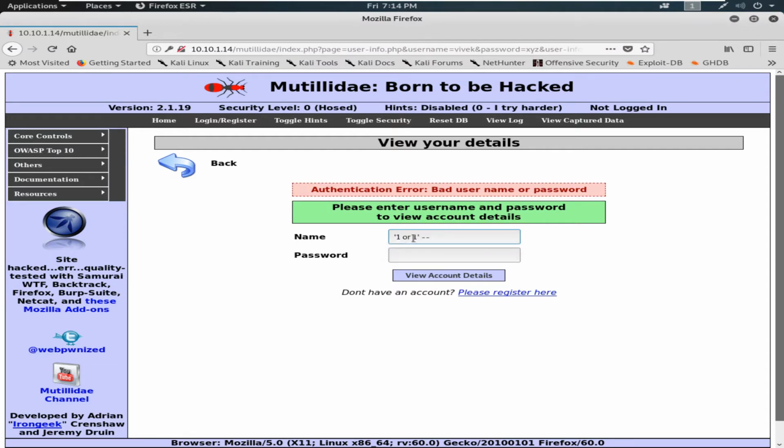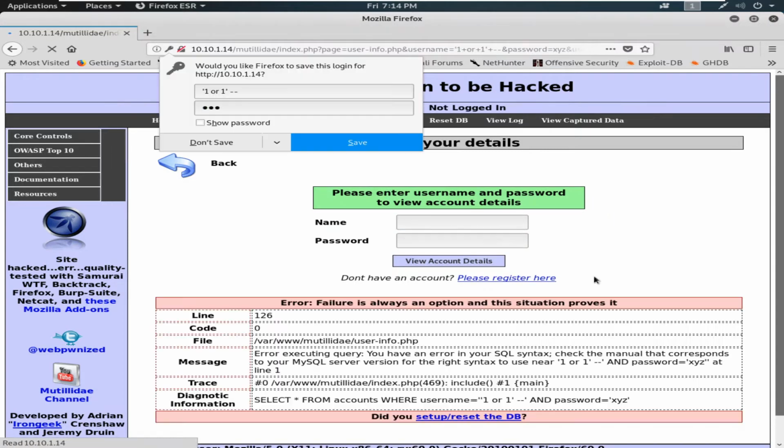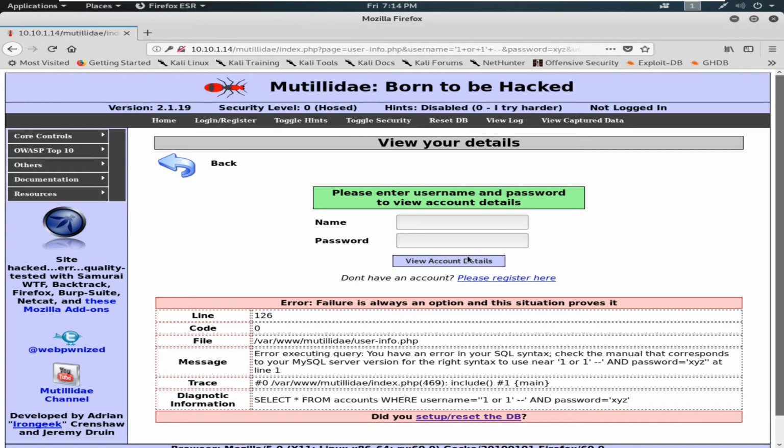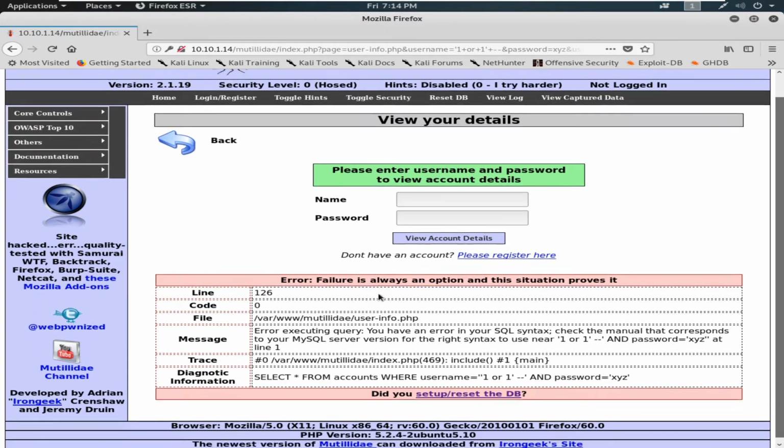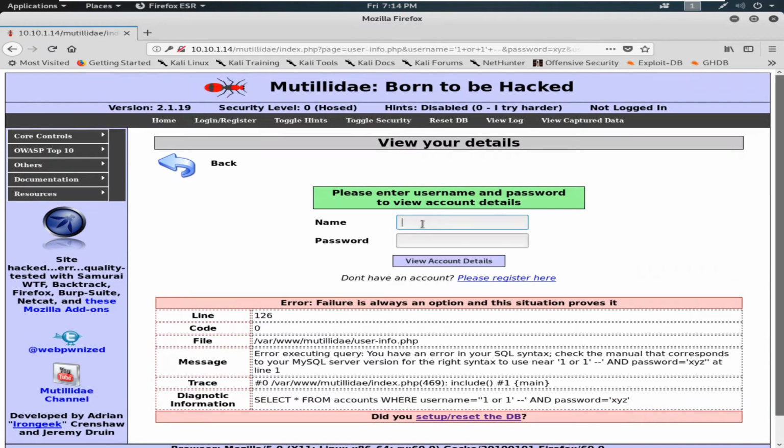It will compare in the database that this condition is always true, so whatever usernames or passwords are stored in the database, it will fetch out. Now I put the password xyz, anything. Let's see. No, there is some problem. Okay, no problem. A problem is always a solution.